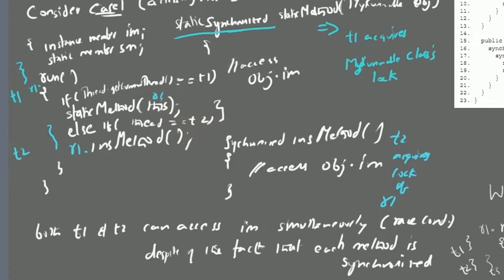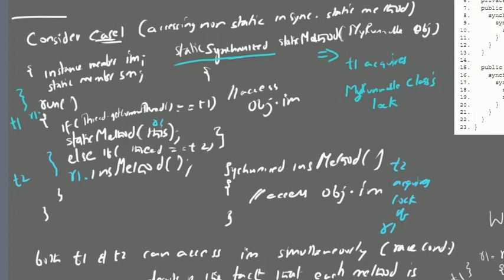Now this refers to R1, and R1 is implicit in the instance method. So using an explicit reference, which is this, which refers to R1, and using an implicit reference of R1, you're trying to access the same data member, right? So this is R1's IM and this is R1's IM,